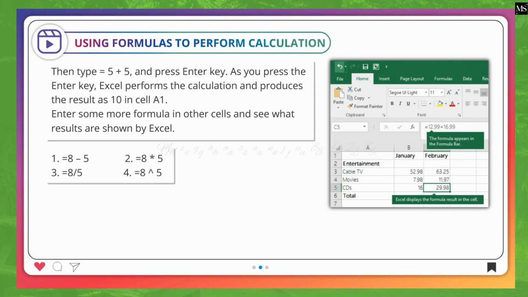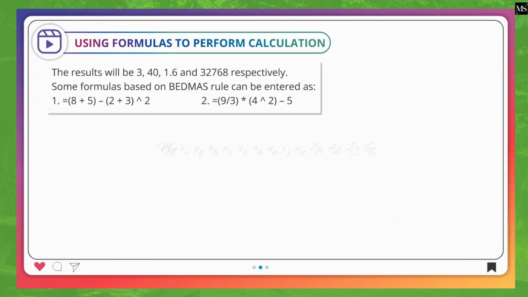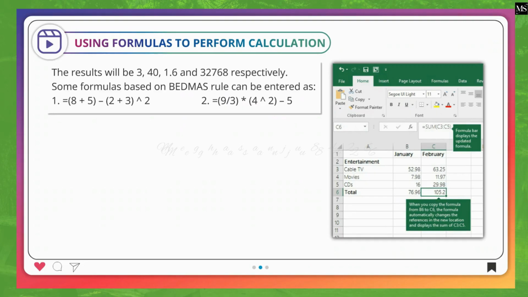1 is =8-5. 2 is =8*5. 3 is =8/5. 4 is =8^5. The results will be 3, 40, 1.6 and 32,768 respectively. Some formulas based on BODMAS rule can be entered as